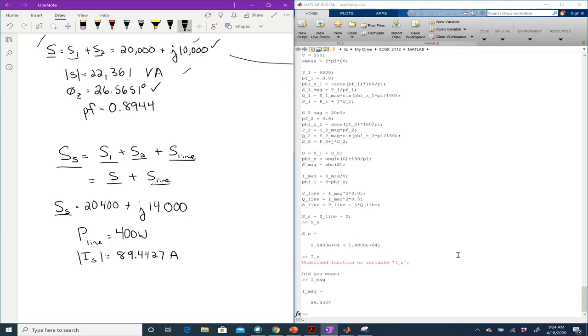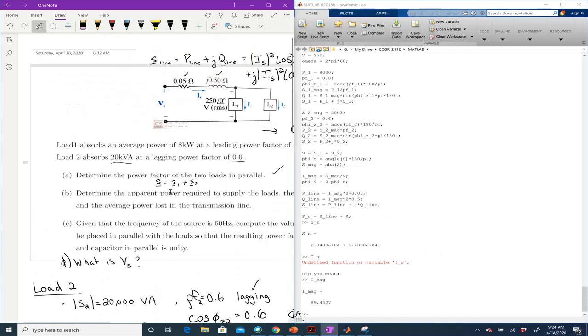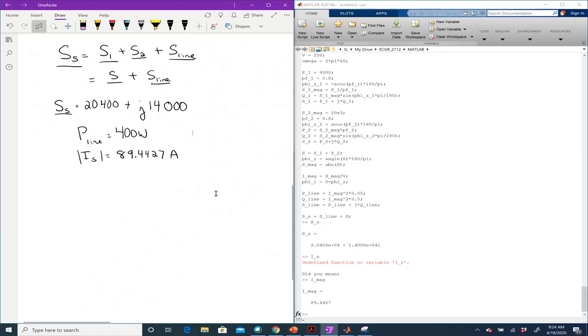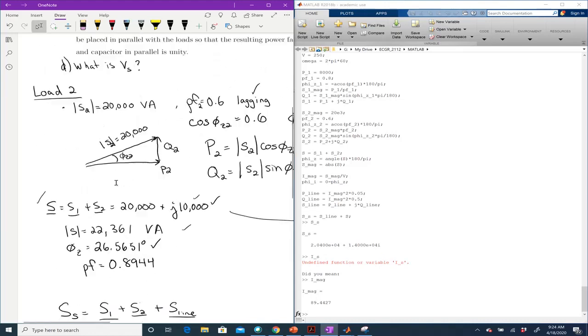89.4427 amps, like that. Okay. Now it's asked me for the apparent power required to supply the loads. Remember, the apparent power is the magnitude of S, right? So I would need to calculate the magnitude of that, which isn't too hard. I'm not going to calculate it here. All right, so